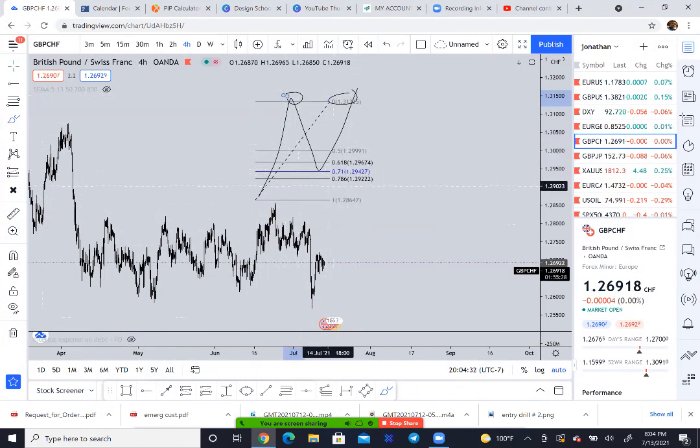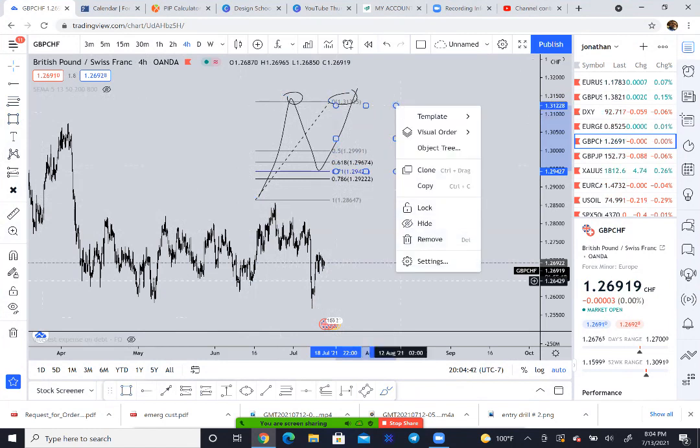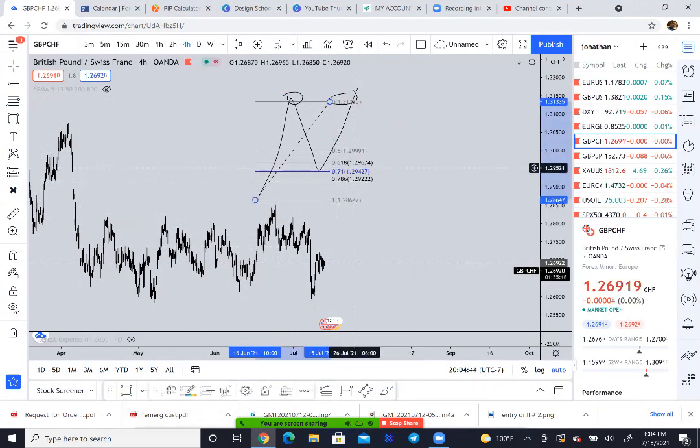The reason why I use this for mainly my entry points is because if we look at it this way, like you see the 71 here, let's say that I have